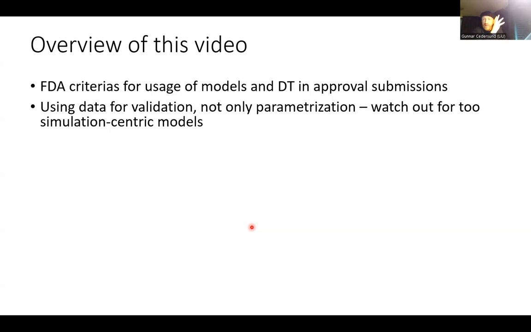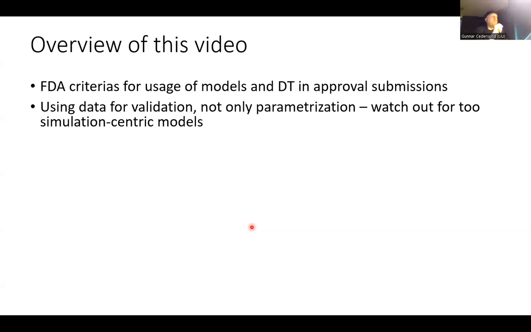And then we'll hold up those criteria, which are very sound, I think, to some particular points and contrast them to how modeling is done sometimes in other ways, which is less